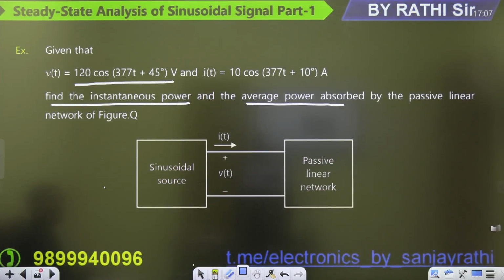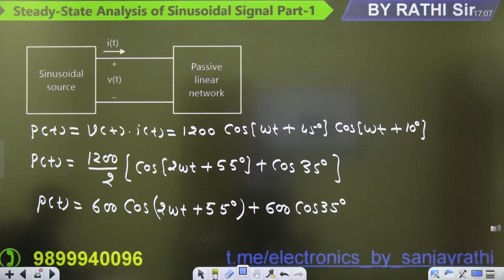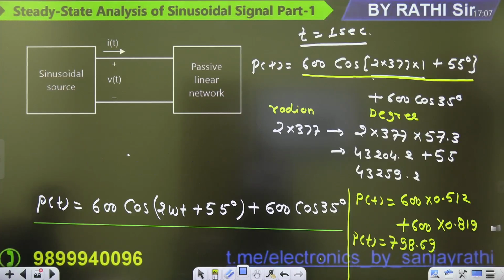So 120 plus 10, that is 1200 by 2, because cos A cos B is equal to half of cos A plus B cos A minus B. Then it will become 600 at t equal to 1 second. That is called instantaneous power. Convert the radian into degree, put the value, and then finally